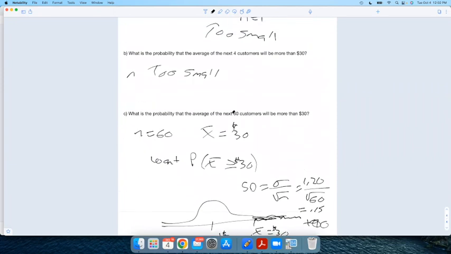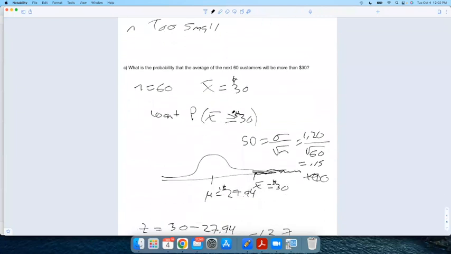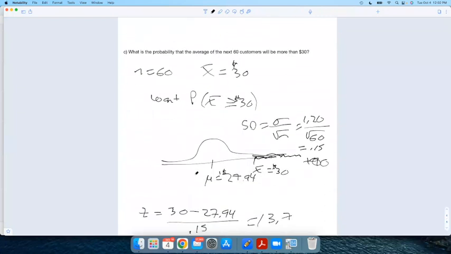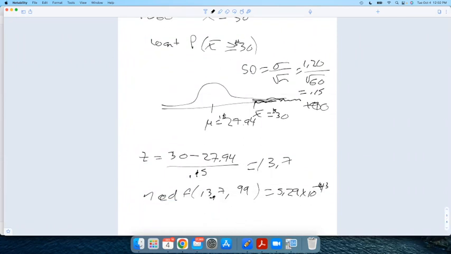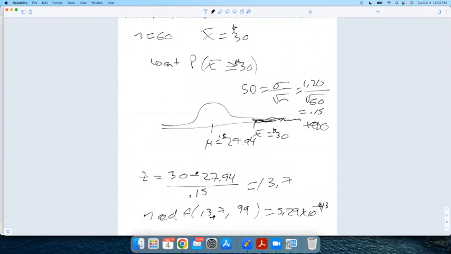So I'm not talking about individuals. We can't even make predictions about individuals here because we don't know what the population looks like. We can make predictions about samples, though, as long as our samples are big enough. So I'm saying, what's the probability the next 60 people that come in spend an average more than 30? When the typical person only spends 27, it's pretty unlikely that 60 people in a row on average are going to spend more than 30